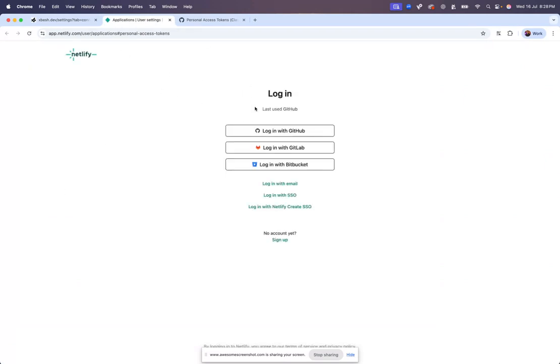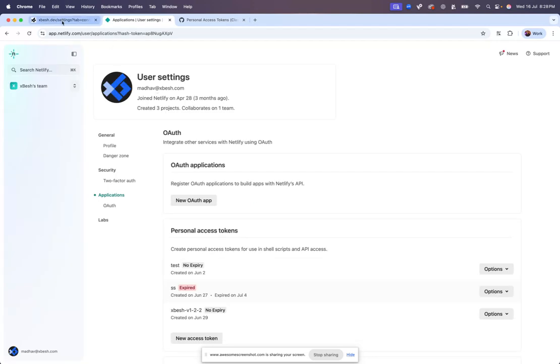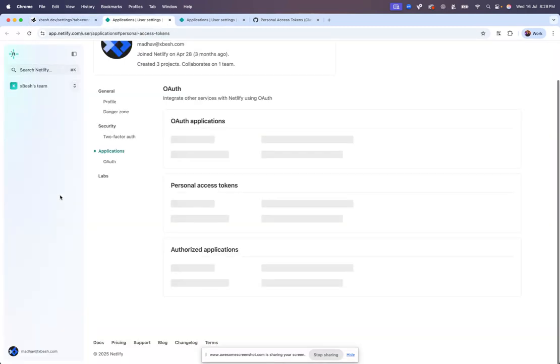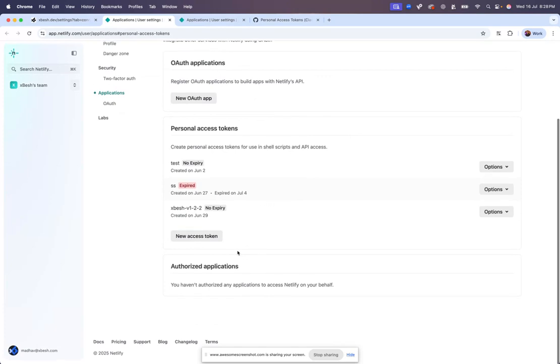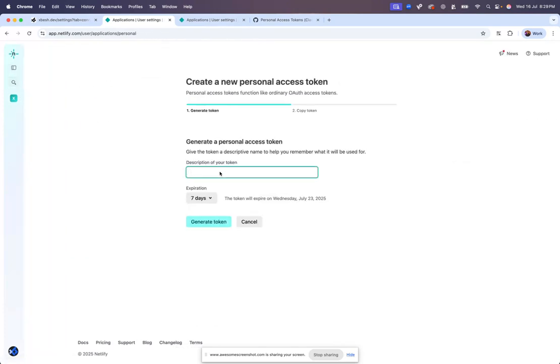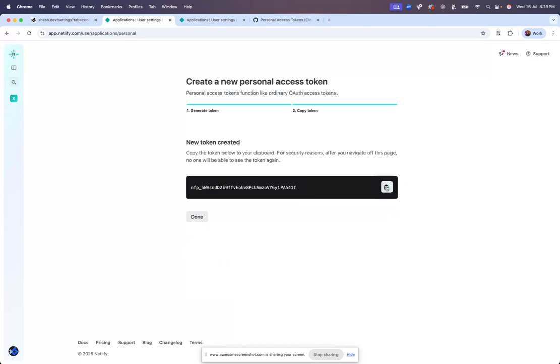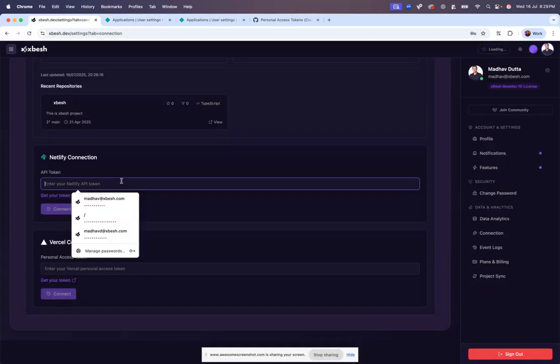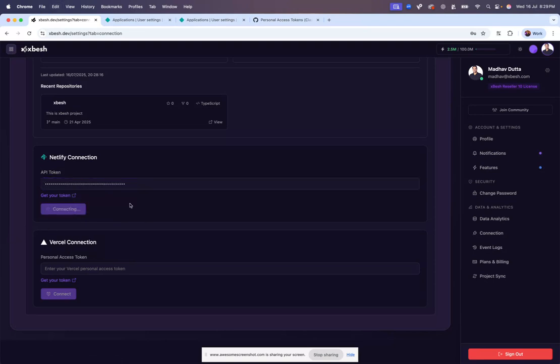You click on get your token button, come to the Netlify. You can sign up your Netlify account using your GitHub or Gmail or any other email address. I'm logged in as a GitHub user. I'm going to click on get your token. And when you come here, you click on new access token, enter the name. So let's say hello world. You can choose any name, no expiration. Click on generate token, copy this token, come back, paste your token here, and click on connect,